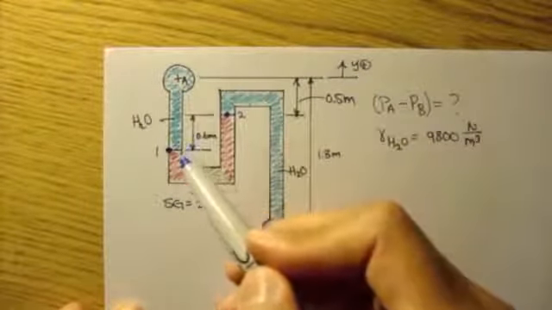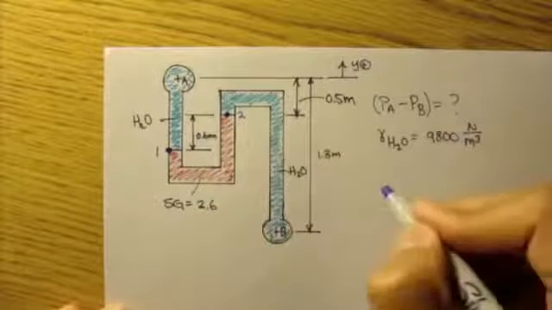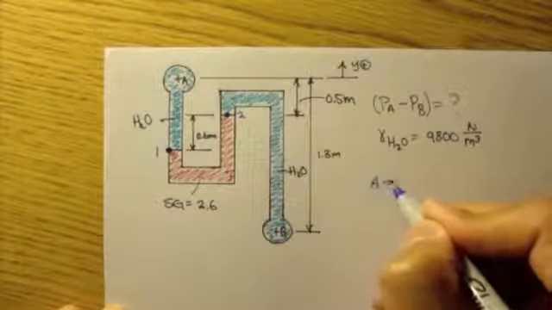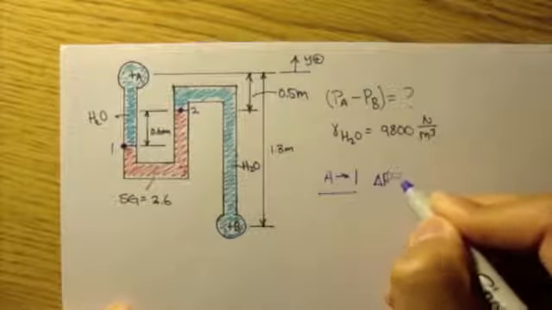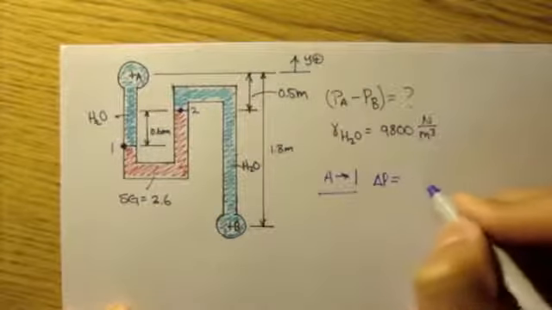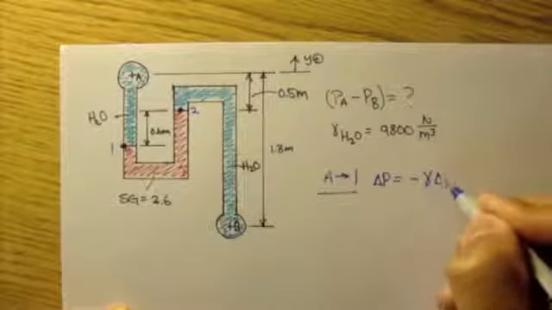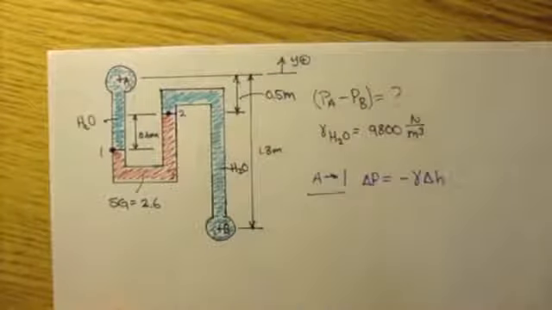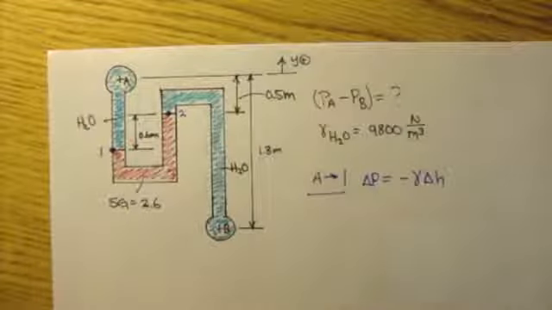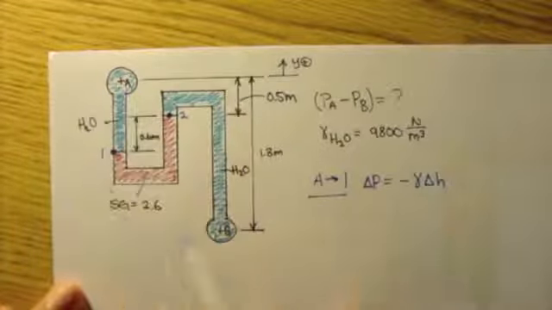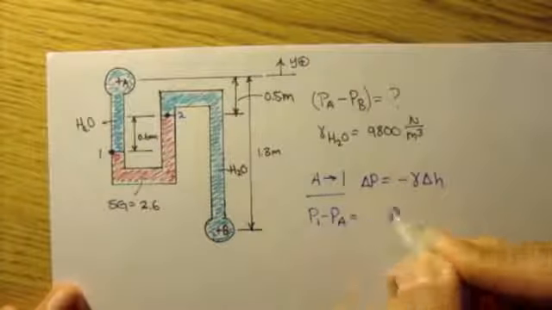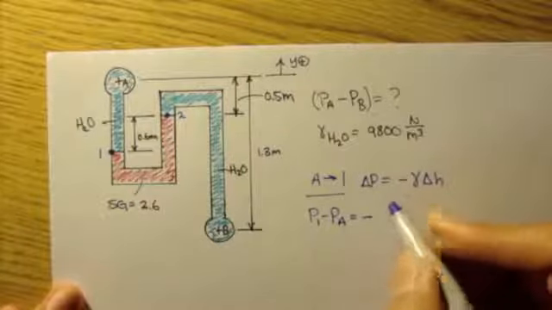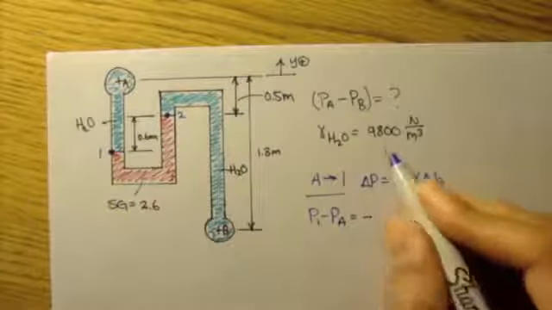Let's go down to point 1, so let's do an analysis from point A to point 1. Our equation is as follows: delta P is equal to negative gamma delta H. Simple. So our final pressure minus our initial pressure: we started at A and ended at 1. So P1 minus PA is equal to negative gamma of water, which is up here,